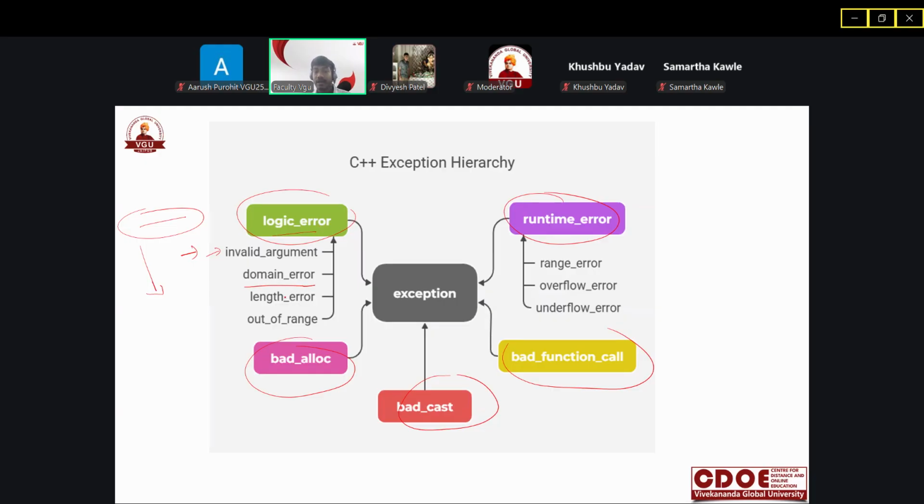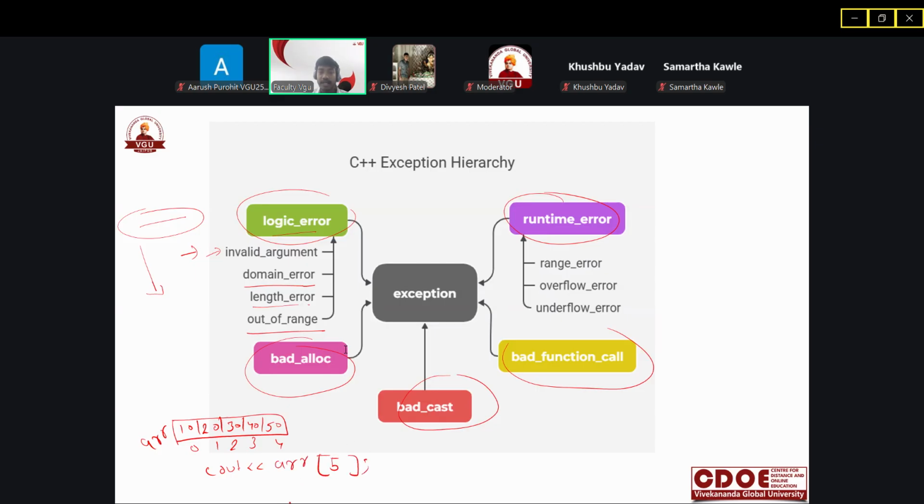We also have domain error and length error, and out of range. Suppose you have an array with 10, 20, 30, 40, and 50, at indexes 0, 1, 2, 3, and 4. ARR is the array name, and you are accessing arr of 5.